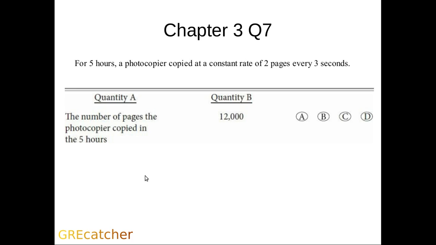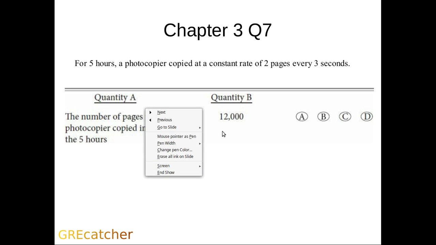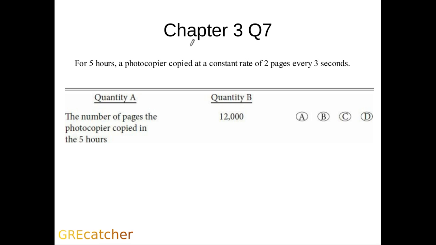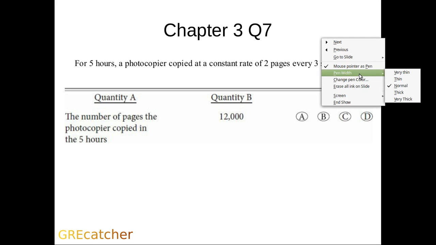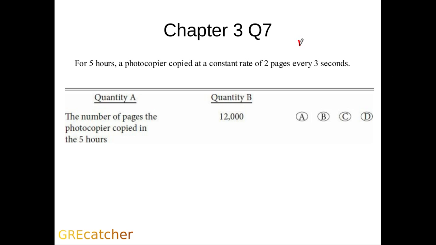Still in chapter 3, the arithmetic, and that's question 7. Question 7 says, for 5 hours a photocopier copied at a constant rate of 2 pages every 3 seconds. So that's giving me a rate, and rate is always a relation between something and time. So here he is giving me the rate, and he is telling me that the rate is 2/3, 2 pages